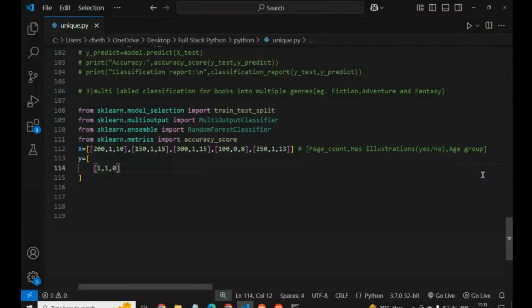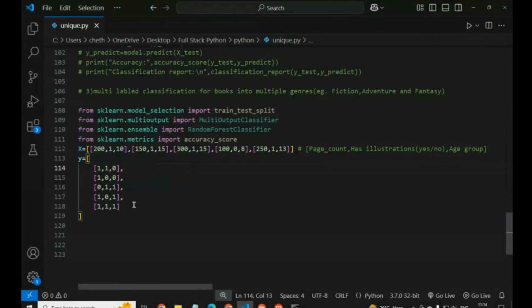We will see. 1, 0, 0. 0, 1, 1. Then 0, 0, 1. Here we give one more data, 5 data we have to give. 4 is done. Let's take 1, 1, 1.